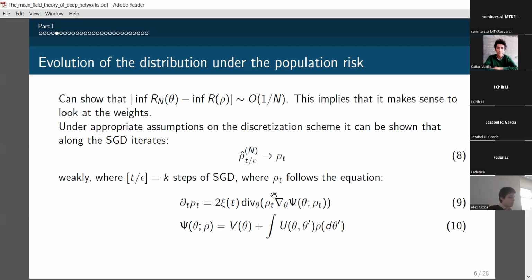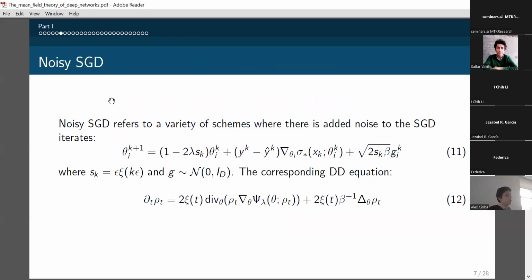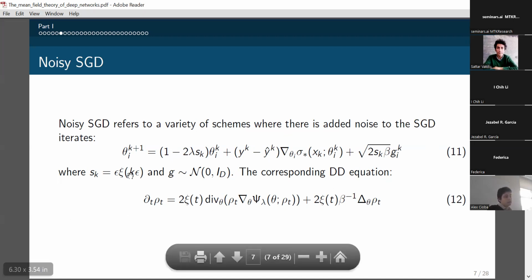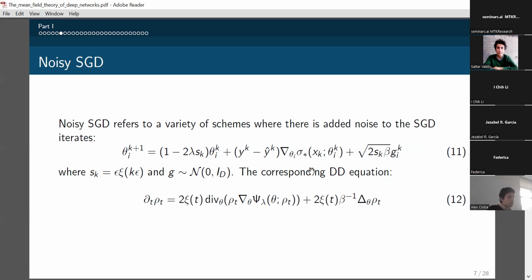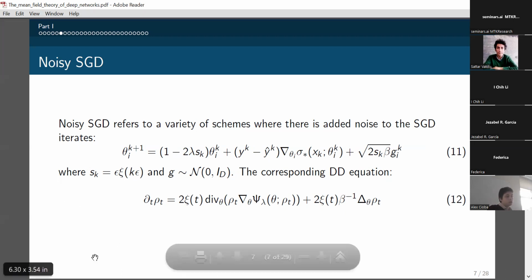So the noisy SGD update step is given by equation 11, which is your typical, let's say, gradient update step on the weights of the neural network, with added noise coming from, let's say, some independent Gaussian. And now, if you look at the corresponding distributional dynamics equation with a particular chosen step size, this